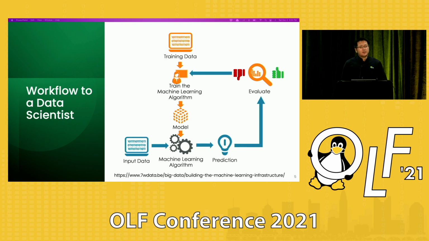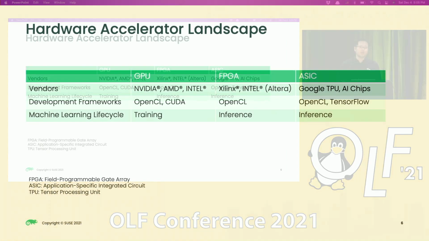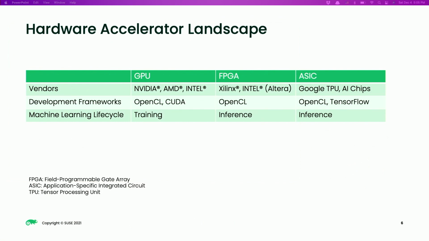If you work on that by yourself, you probably don't need any accelerator. But in reality you need to work on quite big data, like gigabytes or even terabytes. In that case, you really don't want to work on CPU only. At that time, you may need an accelerator. There are three types currently on the market. The first is quite a mature product that we all know: the GPU.